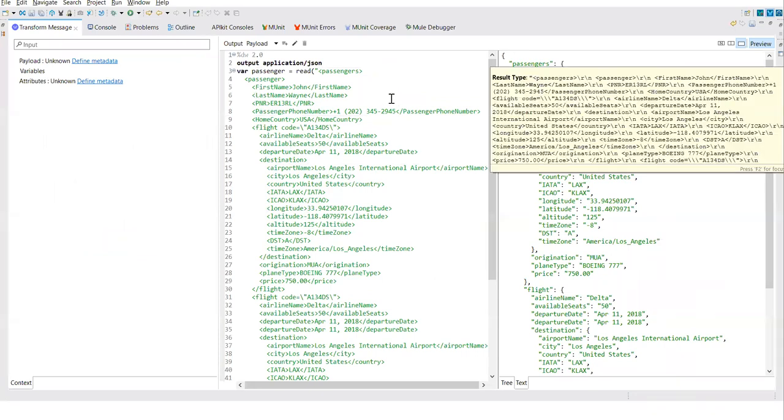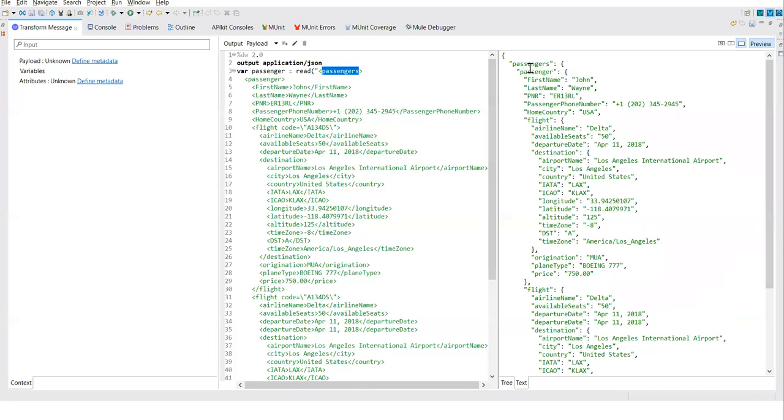So I took one example. I have passengers data. You can see how complex it is. I have three levels. I have passengers, and inside passengers I can have multiple passengers, but right now, for example, I took only one. Inside the passenger, you can see flight, and this passenger can have multiple flight details. And inside flight, you can see I have destination. So one level, second level, third level. Now we'll take this as a base example.